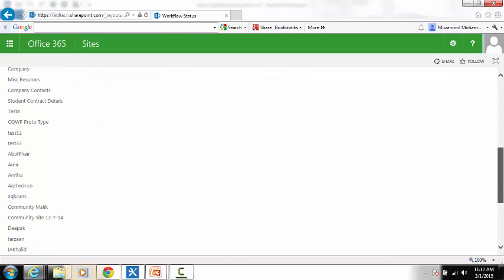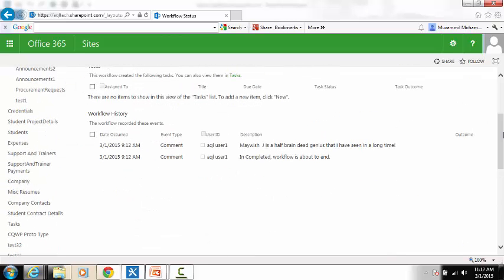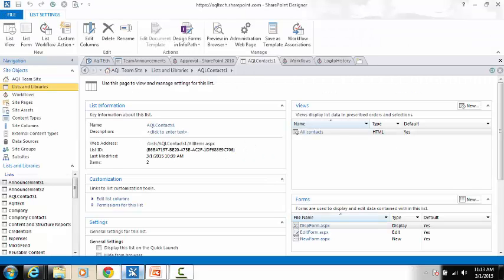Alright, go back, take a look at it. It's got, Mavish J is a half-brained dead genius that I've seen in a long time. So what I mean to say is that now it's dynamic. It's not static like before. My program accepts input from the user, and it actually concatenates all the information, and I can do whatever I want with it. Okay, that makes sense, right? So what we just saw is an extremely powerful feature of String Builder, and you're going to see that over and over and over again. I do understand that it combines